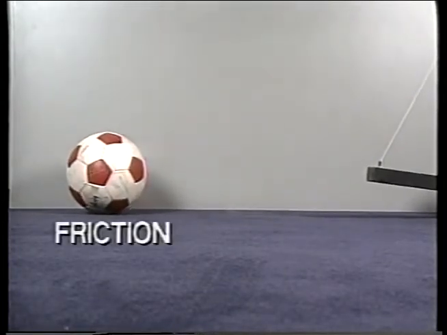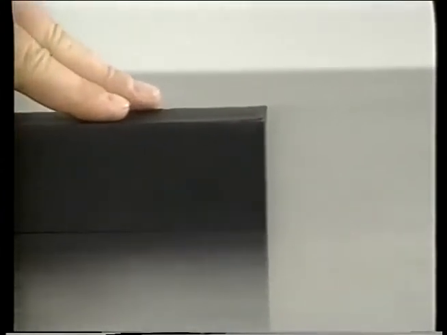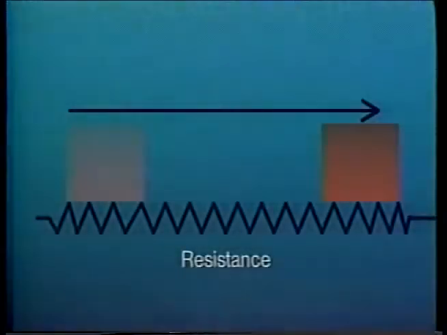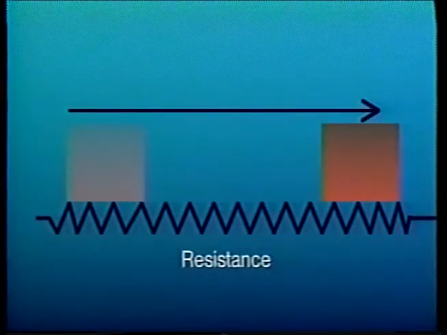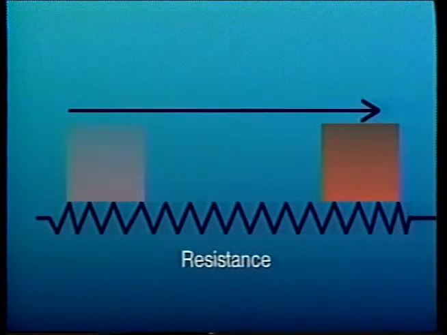That's because of another natural force, friction. In this case, there's friction between the ball and the table surface. Friction is always present between the contact surfaces of two objects moving across each other. So, besides inertia, a machine also has to apply enough force to overcome the resistance caused by friction.